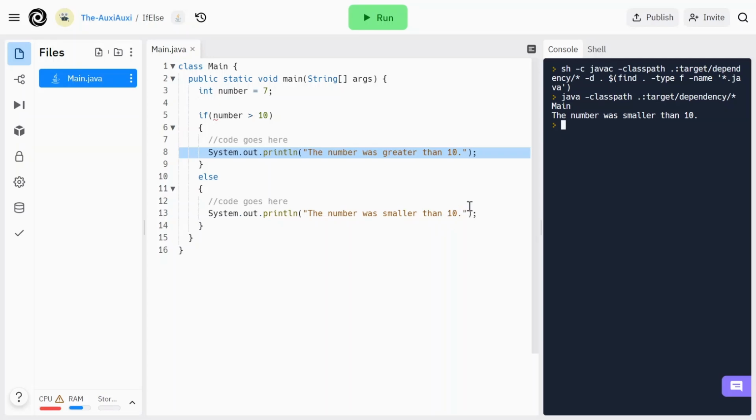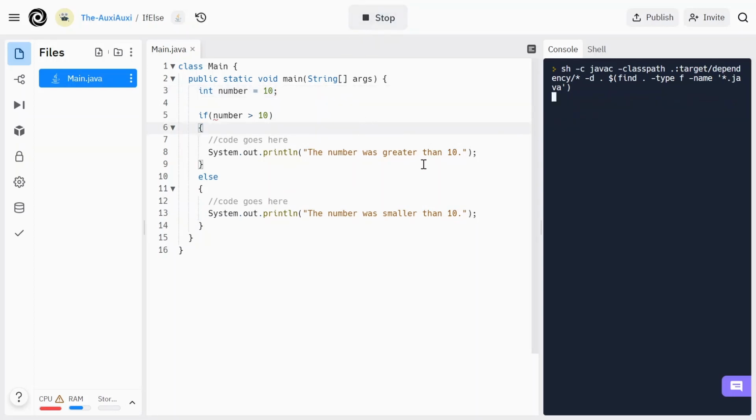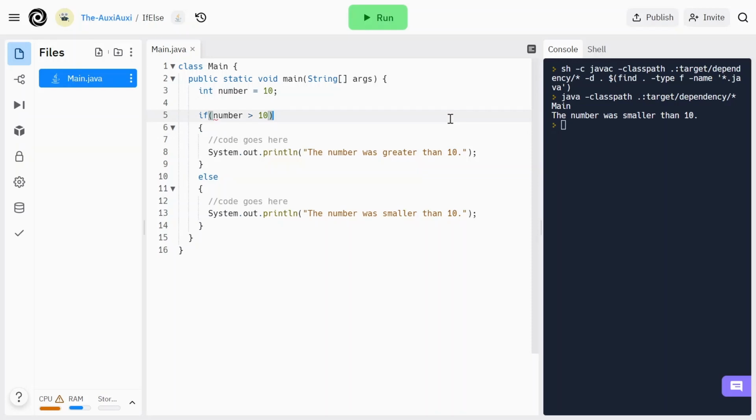And the number is smaller than 10, which is exactly what we expected. Perfect. But there is one more case that we haven't covered. What if the number is 10? If the number is 10, what happens? Here, it still goes to the else statement because, like I said earlier, if the condition up here is false,